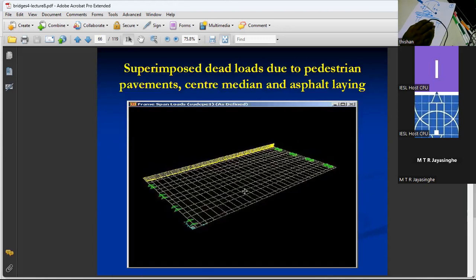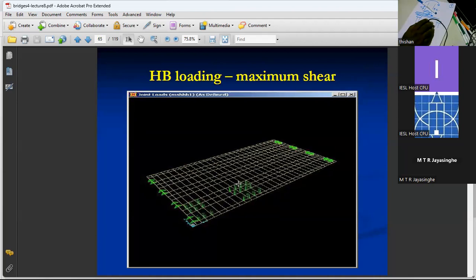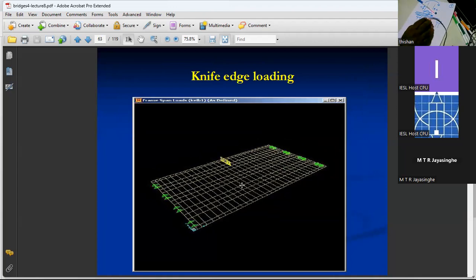So basically, although to design a big deck you might have to do a lot of calculations, these days performing structural analysis is not a major problem, because the moment you create a grillage and apply the loads with reasonable accuracy, you can always end up with an acceptable value for bending moments, shear forces, and torsional moments. So that is not a major problem. Now today we are going to see how we can do the modeling for